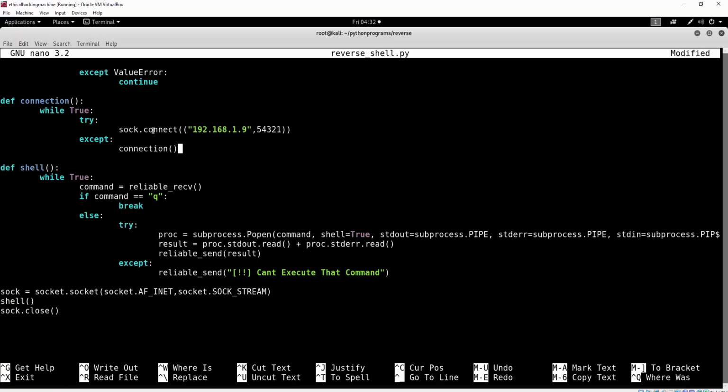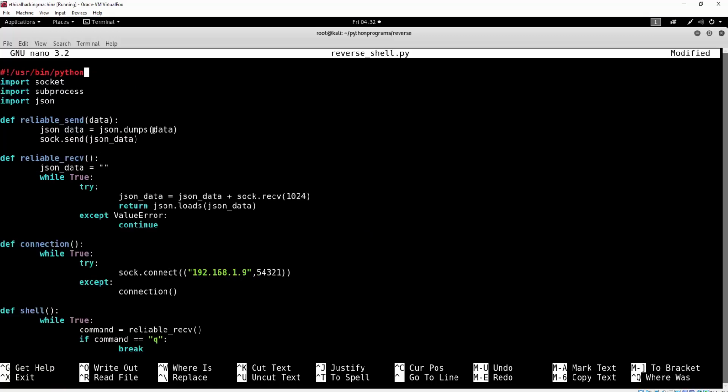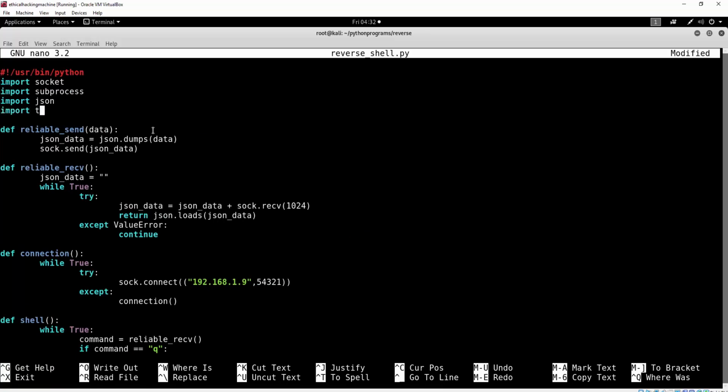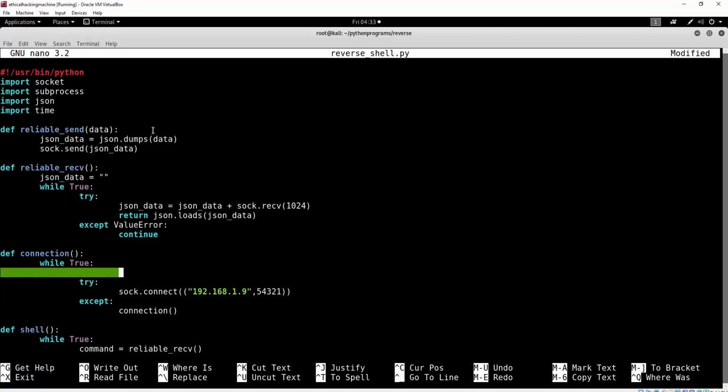We want to add a timeout for the connection function, so we will import a library called time. Just type here import time, and time allows us to pause our program or put our program to sleep for a certain amount of time. In our case, we will specify that time to be, for example, 20 seconds. So let's go to our connection. After the while true loop, before the try and except, let's type here time.sleep,